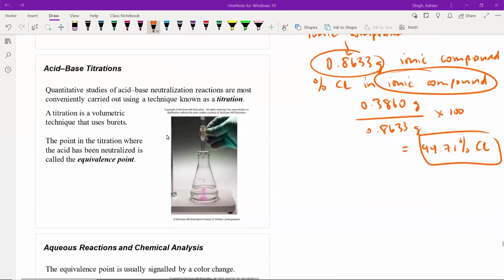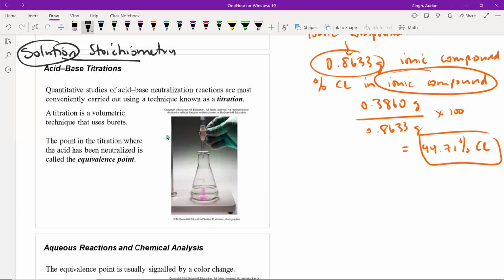Okay, so the second thing we're going to be taking advantage of with our chemical reactions in aqueous solution would be solution stoichiometry, which is just an extension of the stoichiometry that we looked at before in the previous sections, except now we're looking not just at masses of things, we're looking at solutions. So here we're going to be looking at volumes